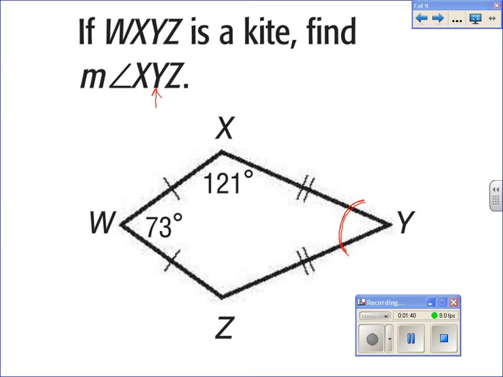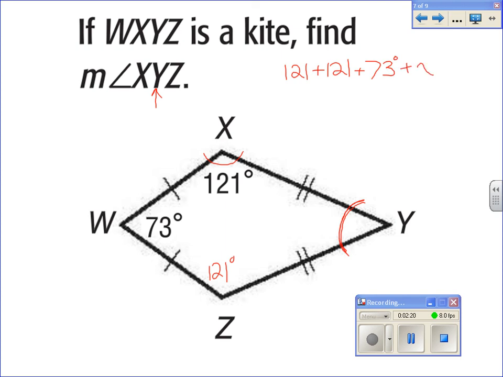Now, the two sides that are not the same meet at the angles that are congruent. So WX and YX meet at X, and that's 121. That makes the angle right below it at Z 121 degrees. Now, what do we know about all quadrilaterals and all of the angles? All of the angles in a quadrilateral add up to 360. So in this case then, 121 plus 121, that's our two congruent angles, plus that 73 degrees at angle W,